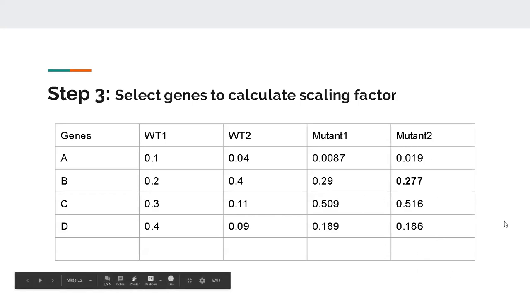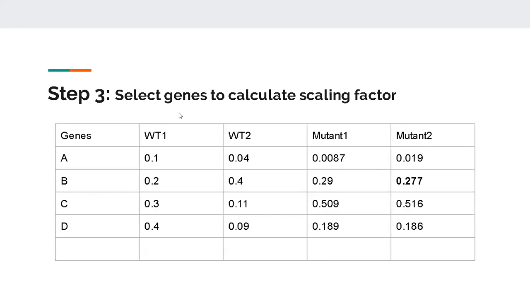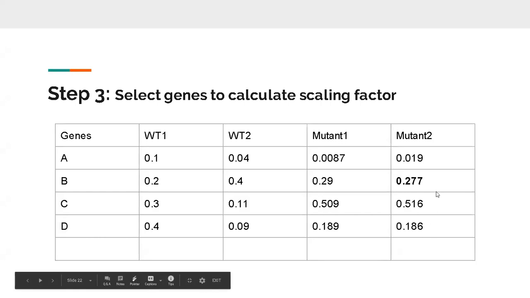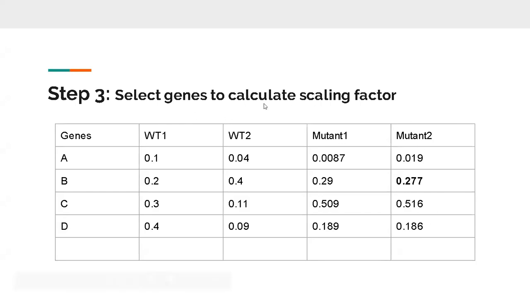So you are trying to reach those sets of genes whose expression is moderate, or whose expression is not changing across all your conditions. And once you get that sample which is unaffected by the condition no matter what, you can then scale your reads up or down with respect to that set of genes. And we'll come to how that can affect. So now you have mutant 2 as the reference sample so far. And now we are going to repeat this exercise of selecting genes to calculate the scaling factor for each sample pair